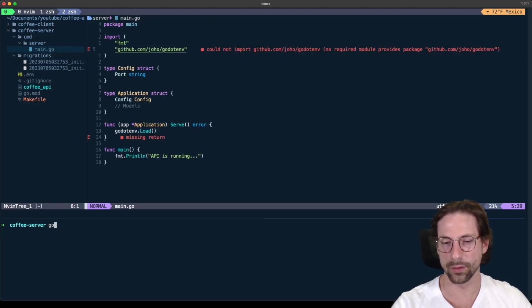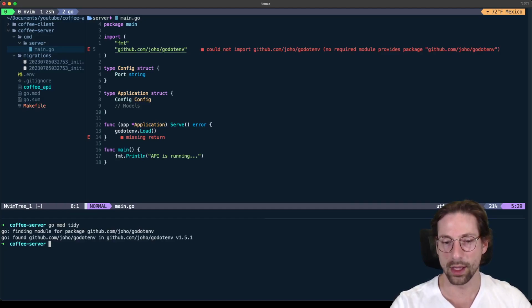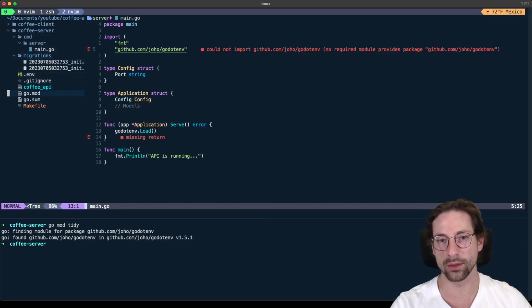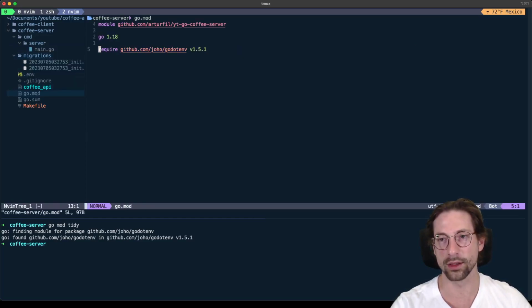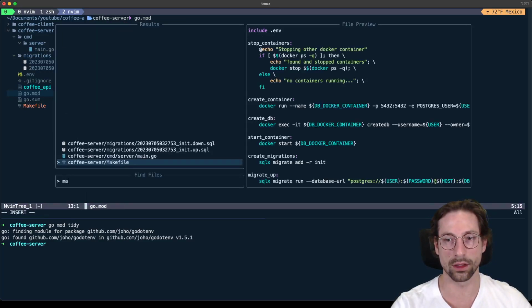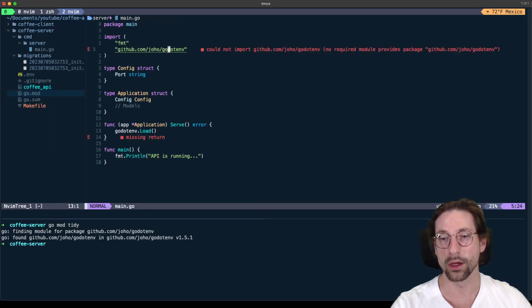So I'm going to be doing the following. I'm going to do go mod tidy. What that does is that if it sees an import here, but it doesn't have the import in the go.mod, it's going to add it. So now we have it. That's what I think is really cool from Go. Okay, so now that we have that, we can do